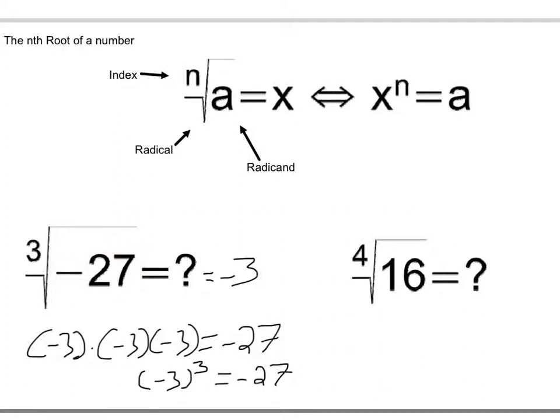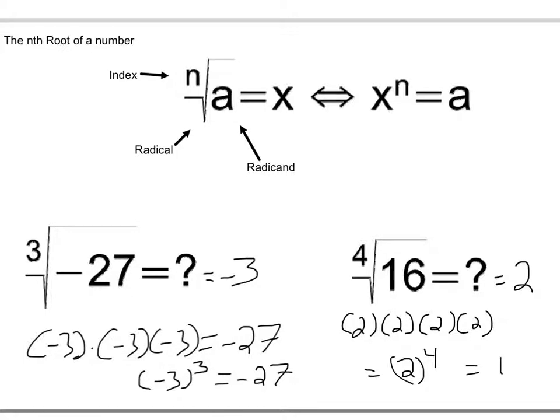By employing the same logic over here, I can figure out the fourth root of 16 by determining what number times itself 4 times equals 16. I might remember it from the previous page or by trial and error, but ultimately I'd get an answer of 2. And that's because 2 times 2 times 2 times 2, which is the same thing as 2 to the fourth,